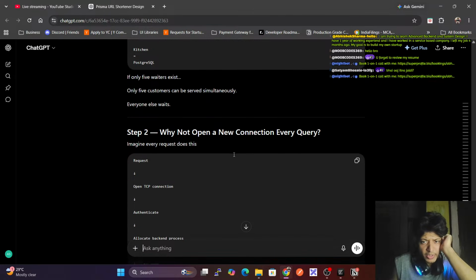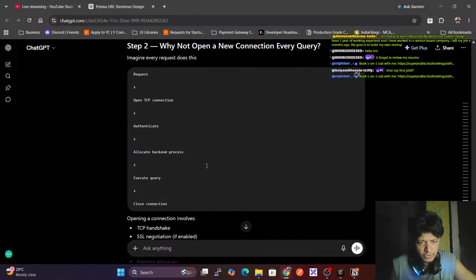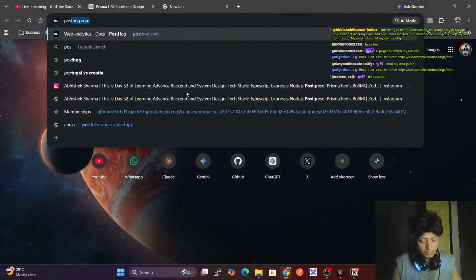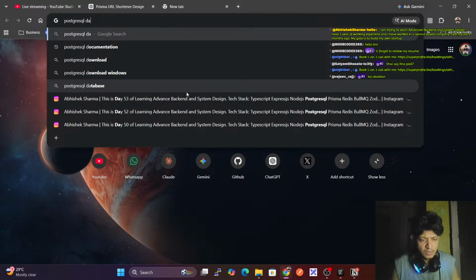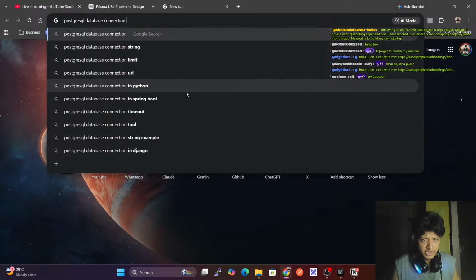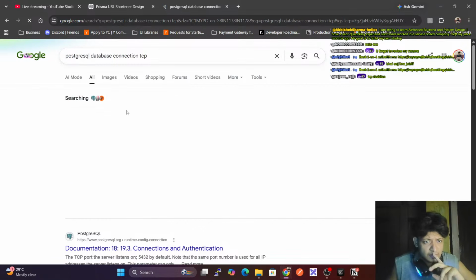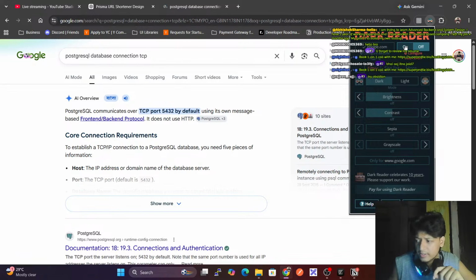Why not open a new connection for every query? Open TCP and authenticate, allocate backend resource, execute query. Okay. PostgreSQL database connection of TCP. Go here, and if I go here and I open it,